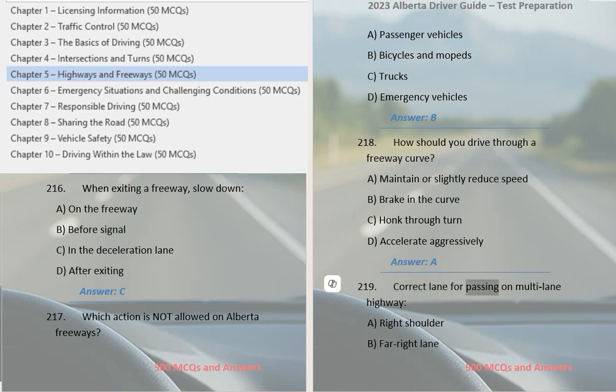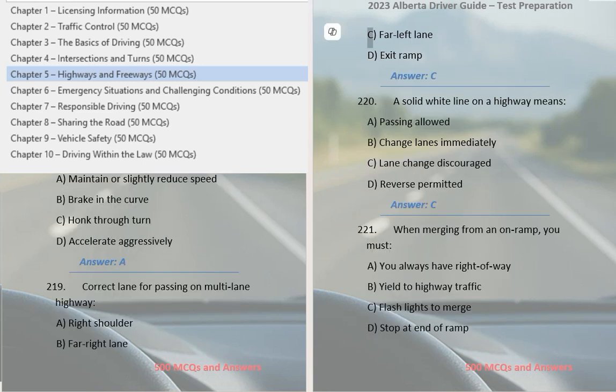Correct lane for passing on multi-lane highway: A. Right shoulder. B. Far right lane. C. Far left lane. D. Exit ramp. Answer: C. A solid white line on a highway means: A. Passing allowed. B. Change lanes immediately. C. Lane change discouraged. D. Reverse permitted. Answer: C. When merging from an on-ramp, you must: